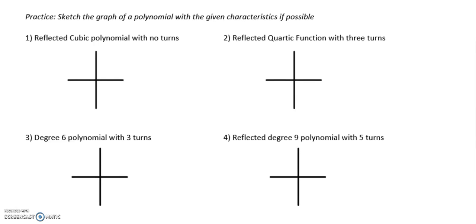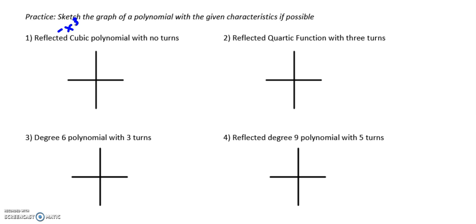We have a couple of examples here with terms just to quickly wrap up our introduction to polynomials. So we're going to sketch the graph of the polynomials if possible. So if it's not possible, we're going to state that and we're going to think about why. Looking at number 1, we want a reflected cubic, so some sort of negative x to the third with no